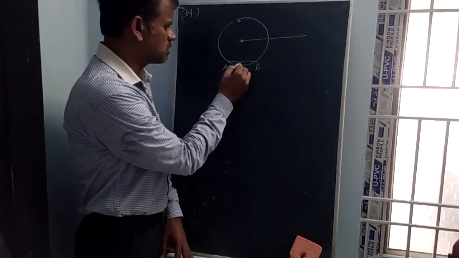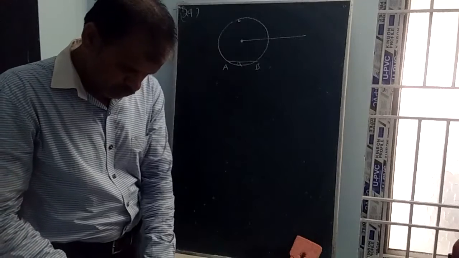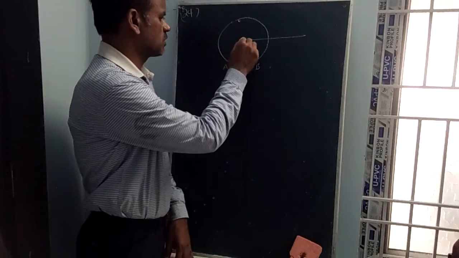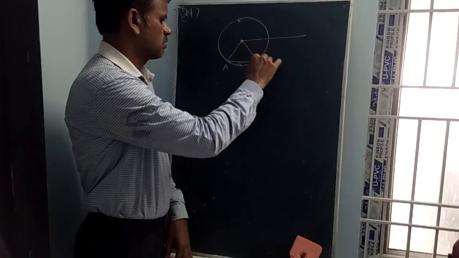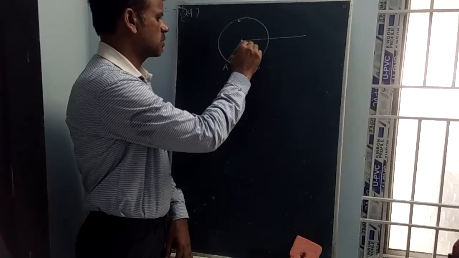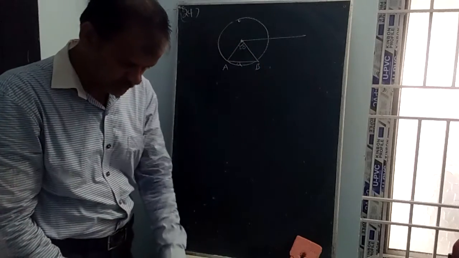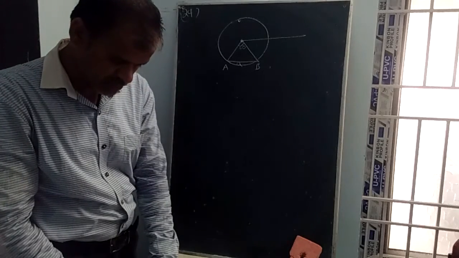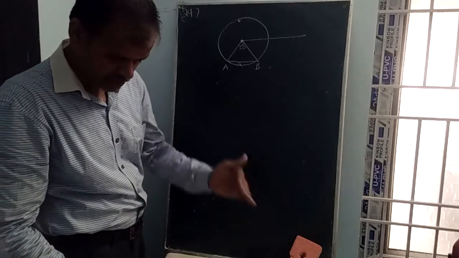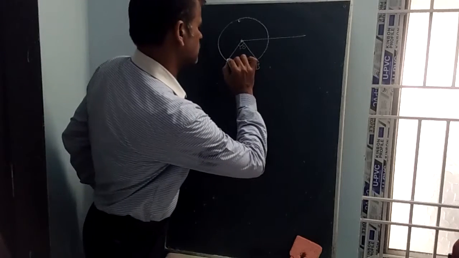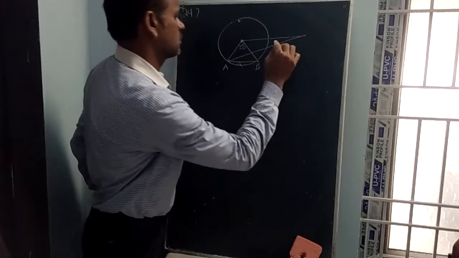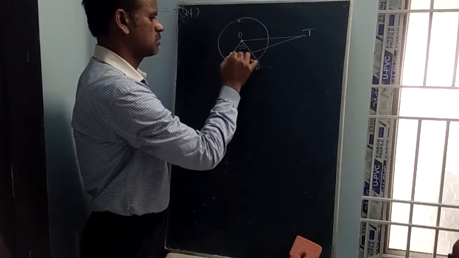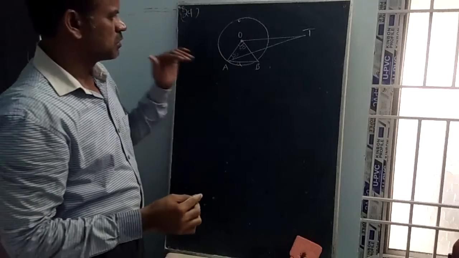The distance between A and B is equal to small a, and AB subtends an angle of 60 degrees at the foot of the tower. This is the foot of the tower, meaning at the center. The angle of elevation of the top of the tower from A or B, anything, is 30 degrees. Draw like this. This is the top of the tower T, then this is O, this is 30 degrees.